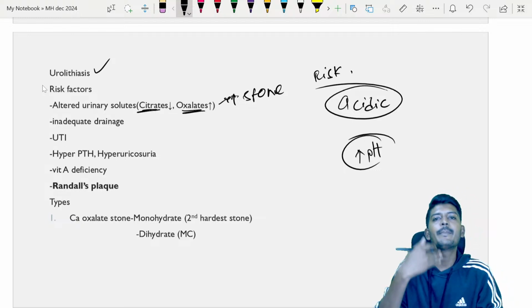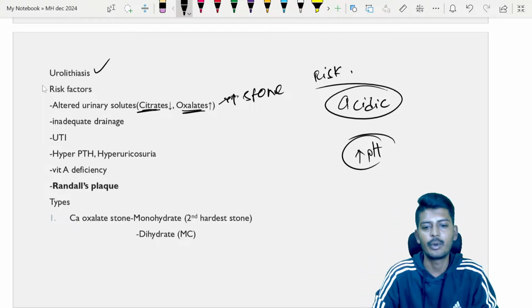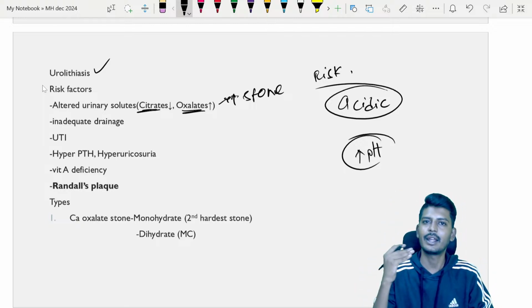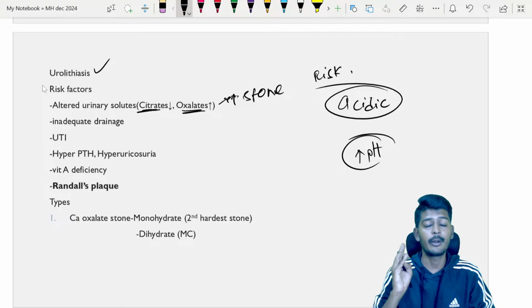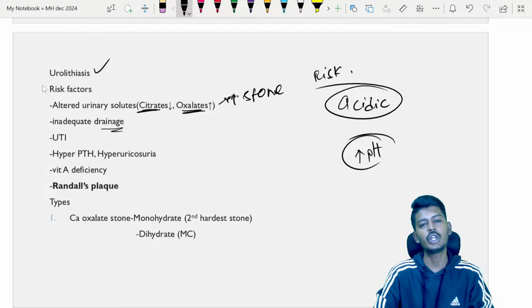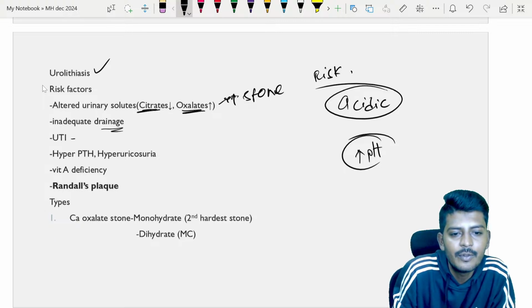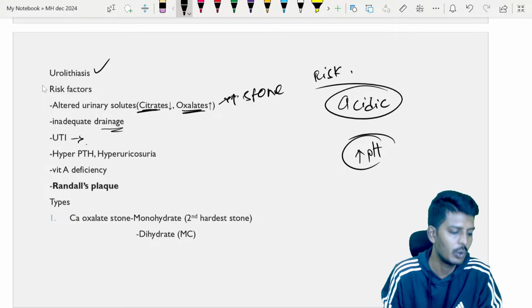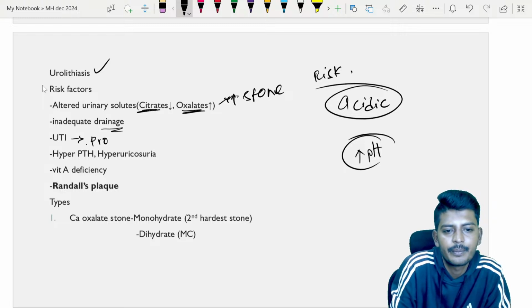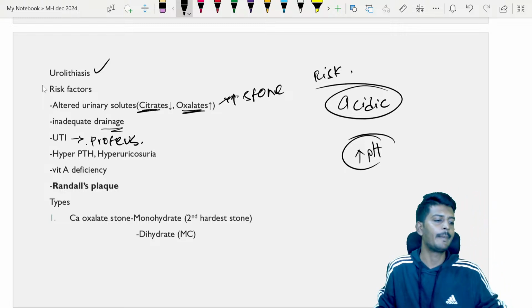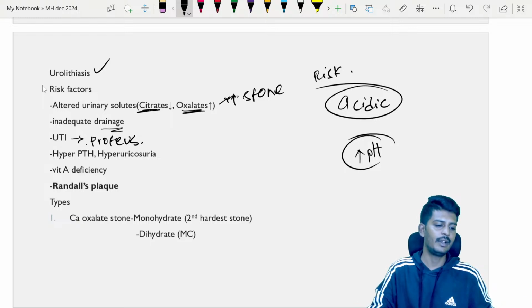ओके, सो यूरिन कहीं पे भी ड्रेनेज नहीं हो रहा है, जैसे कि कंजेनिटल अनोमलीज हम लोगों ने डिस्कस किए थे, diseases like horseshoe kidney, duplication of ureter, duplication of renal pelvis. During this time, inadequate drainage will be there. That can also lead to urinary stones. And most importantly, which infection causes urolithiasis? That is your Proteus infection. The main culprit in developing the risk of urolithiasis is Proteus.